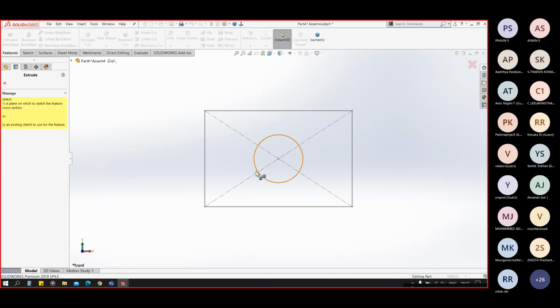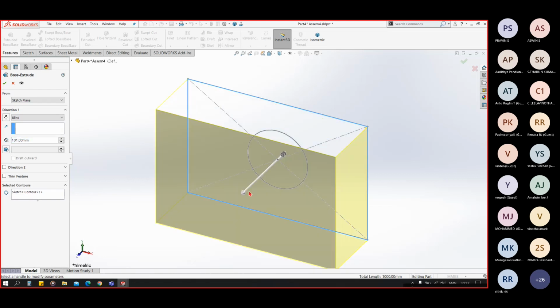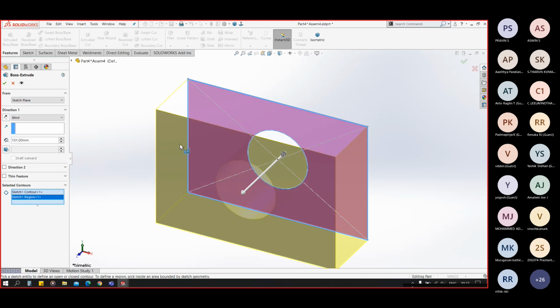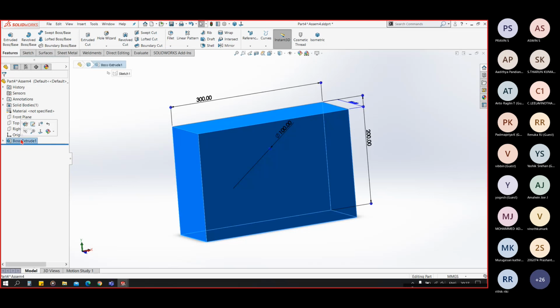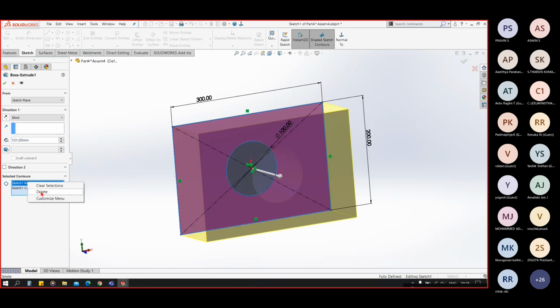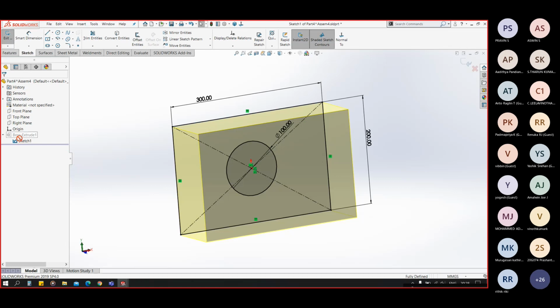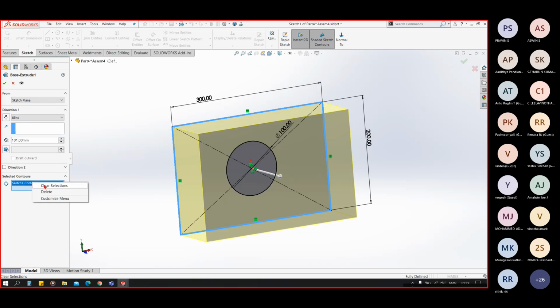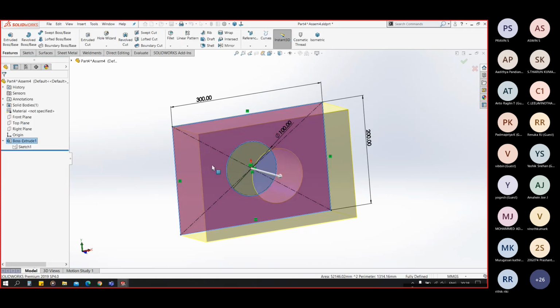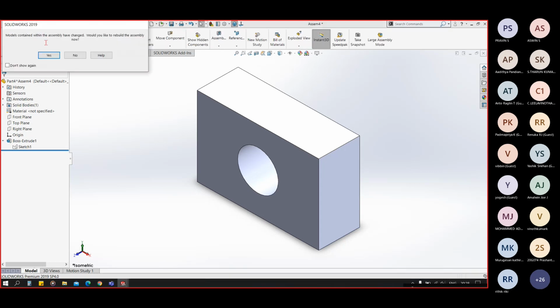So in this case I'll be extruding the sketch. Okay, so now we have to save it and close it.